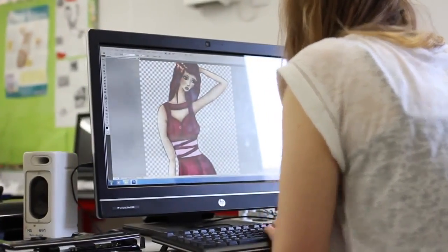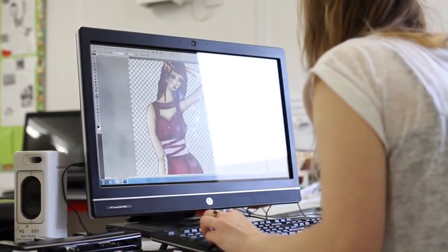With Optitex, we can instantly move our darts, make pattern adaptations, increase body proportions, reduce body proportions, add different details to the software, whereas if we're doing it manually, these different processes are quite time consuming and take a lot of effort to do. It was a massive learning curve for the students because the desktop isn't like anything they've